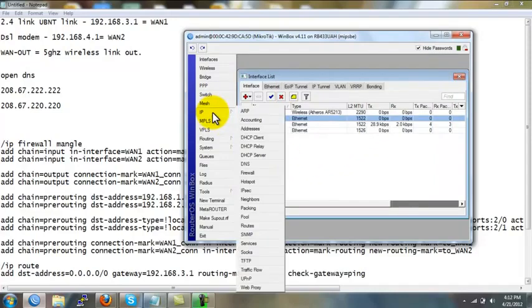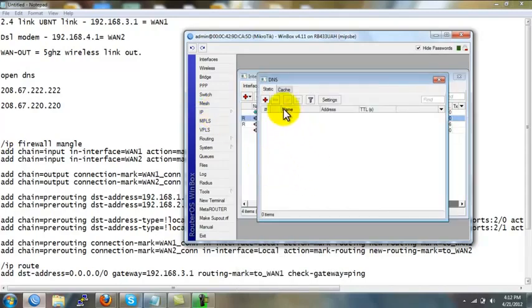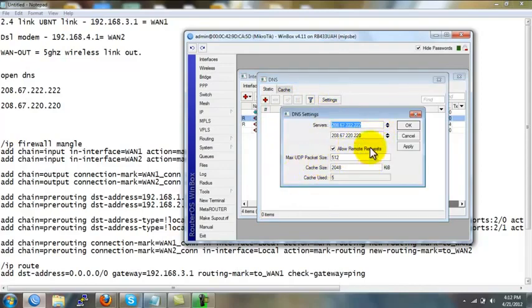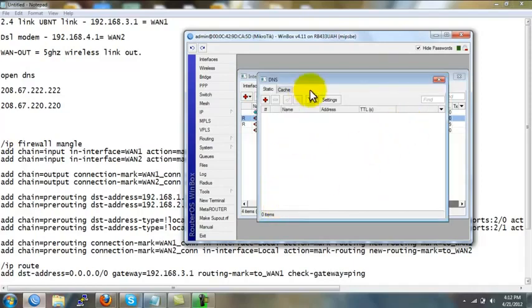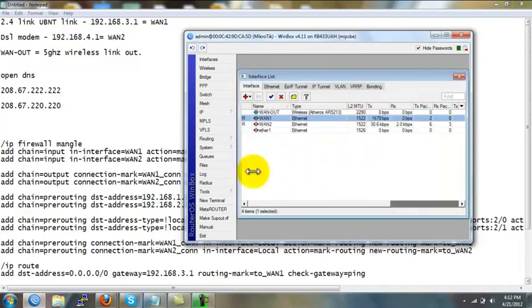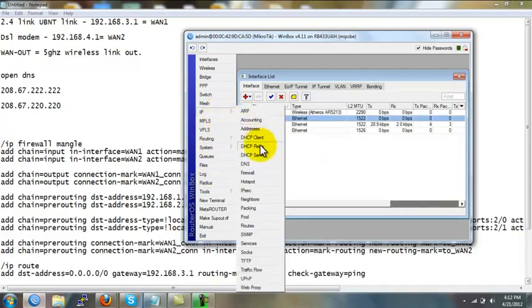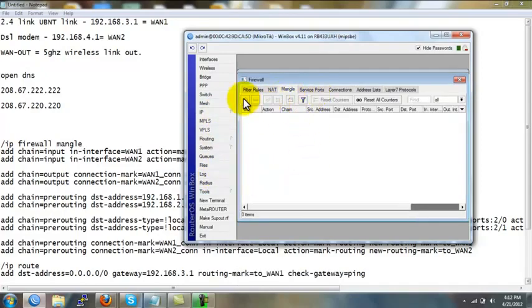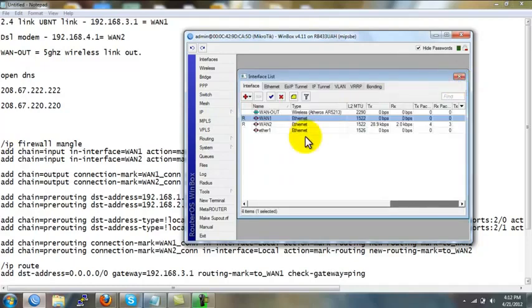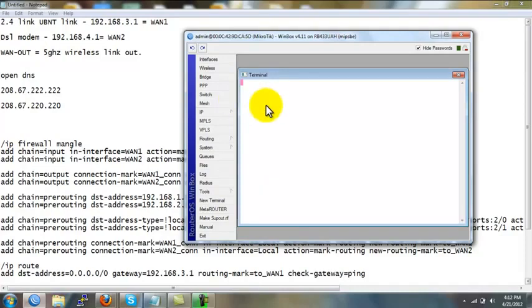And the next thing we want to do is add some DNS servers. So we're going to go to IP and DNS. And I already have the two OpenDNS servers set in here. You're going to want to allow remote requests to make sure that is connected, and then just hit apply and OK. Close out of there. Now you can manually go through and create all of these firewall rules, but I find it far simpler to just use some scripting and enter it through the terminal. So we're going to start a new terminal,